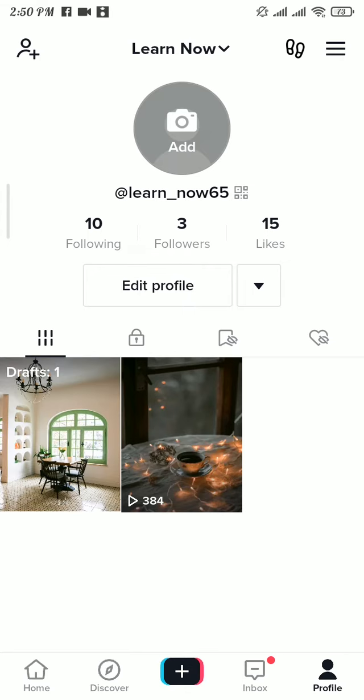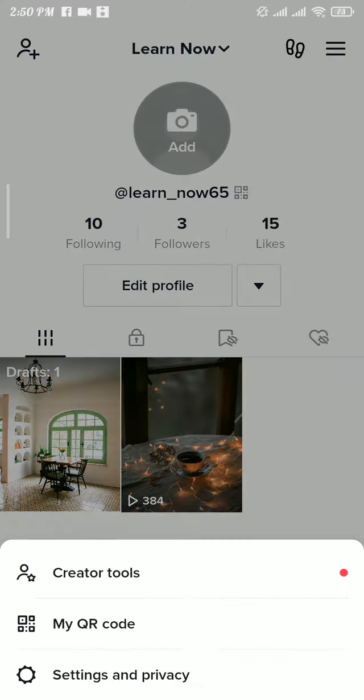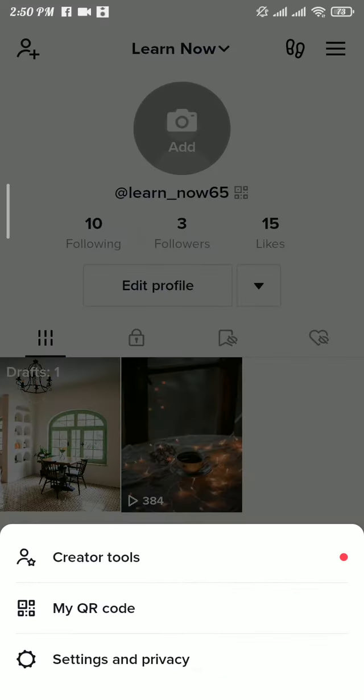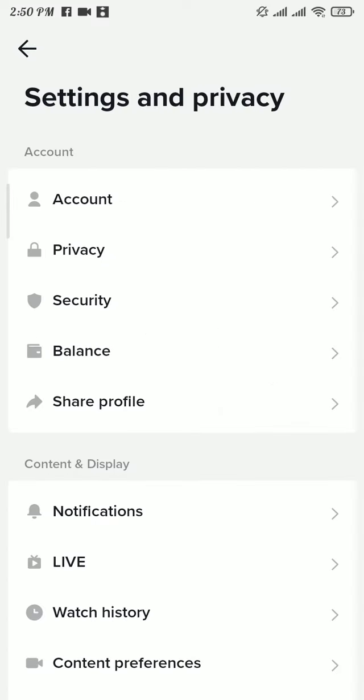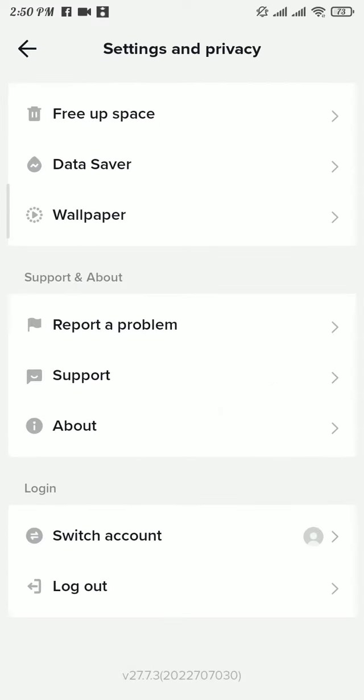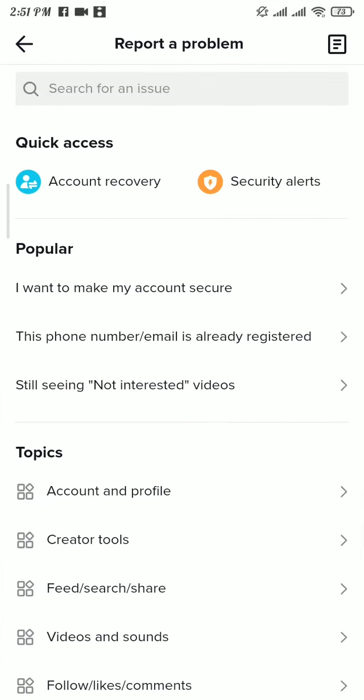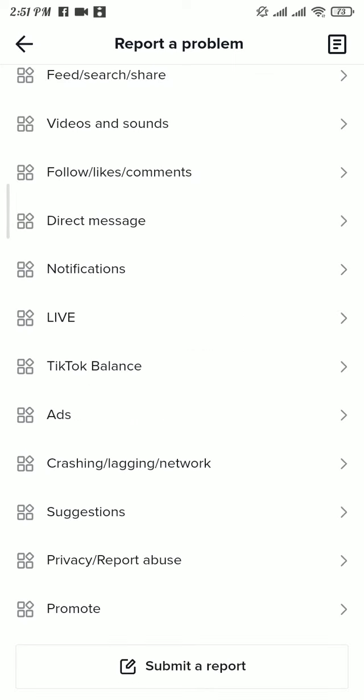tap on three lines on the top right corner and again tap on settings and privacy, and then scroll this page to the bottom, and here you can see report a problem option. Tap on it and again you have to scroll down till the end and then tap on submit a report